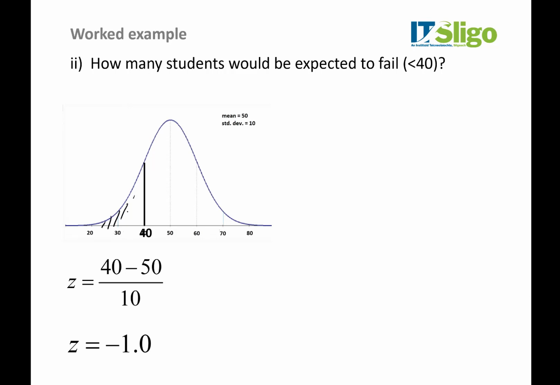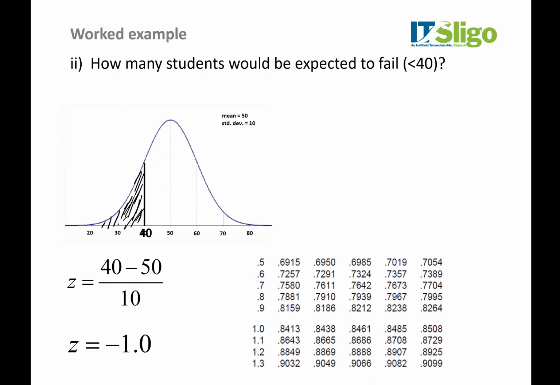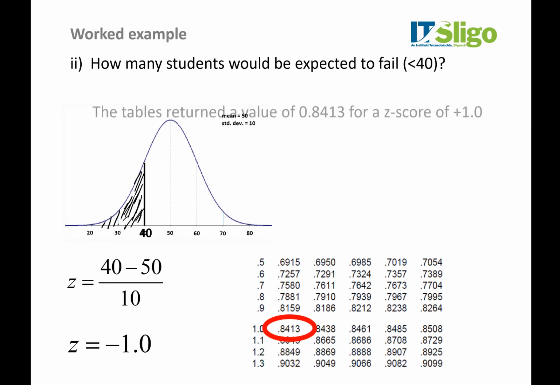Do shade in the area of interest, because that's what we want to know: how many students scored less than 40? Or to be more general, what's the probability of a randomly selected student scoring less than 40 in the exam? That's just to put it in a probability context. We go to our tables. I've just cut out the bit of interest, and we're interested in